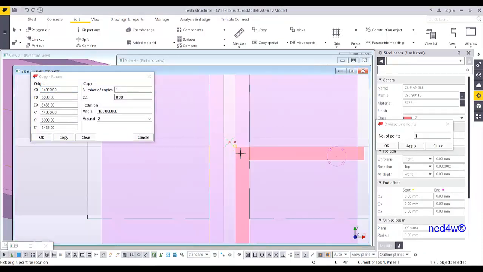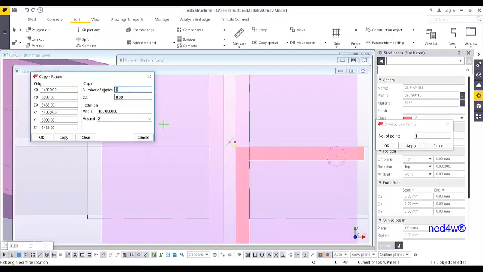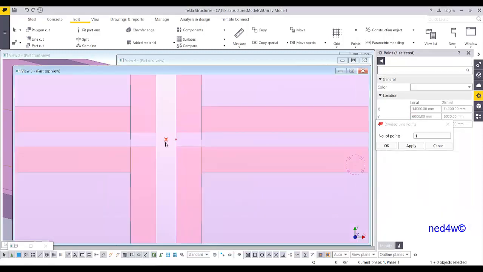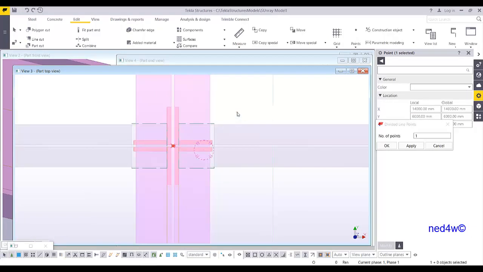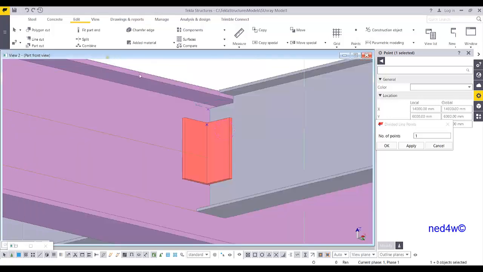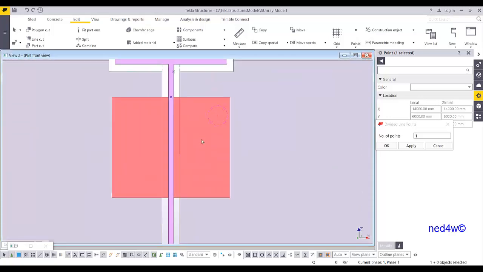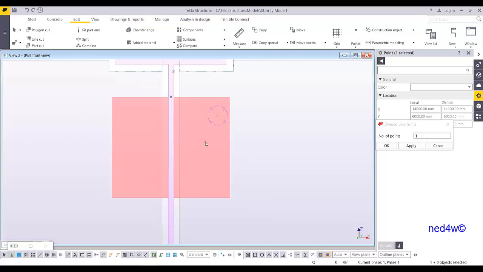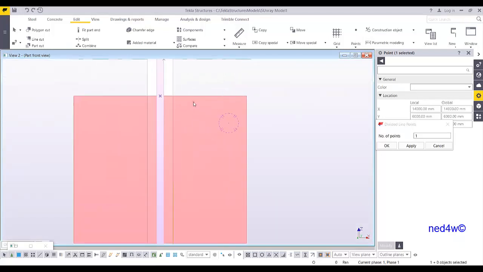right? If copy mirror, I have to do two commands. Copy rotate, I just simply type number of copies, 3, and then 90, copy. So I have now the 4 views. Okay? So now let's move on to this view. All right, and then Control 2, and then